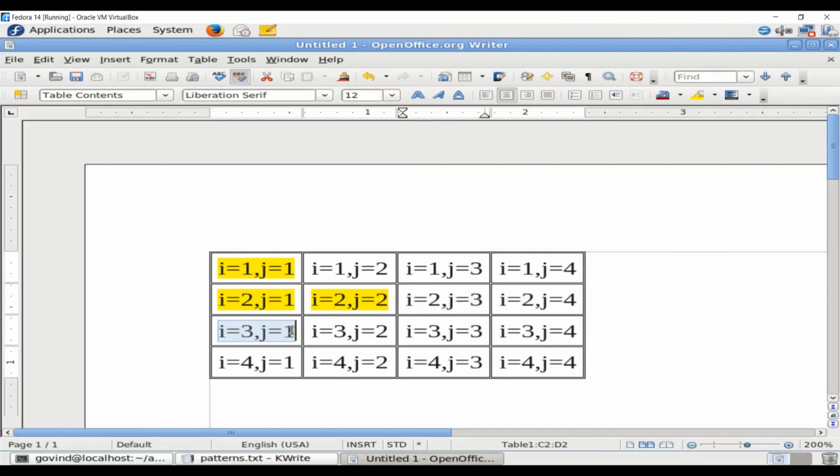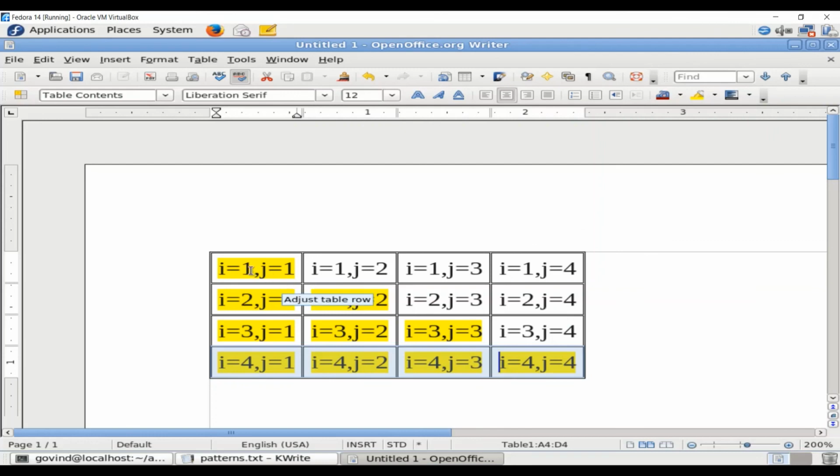In the third row, all these three consecutive cells satisfy this condition, hence I must consider them. Only one condition which fails is the last cell of the third row, which is 3 and 4. And if you observe in the last row, all four cells of the fourth row satisfy this condition.